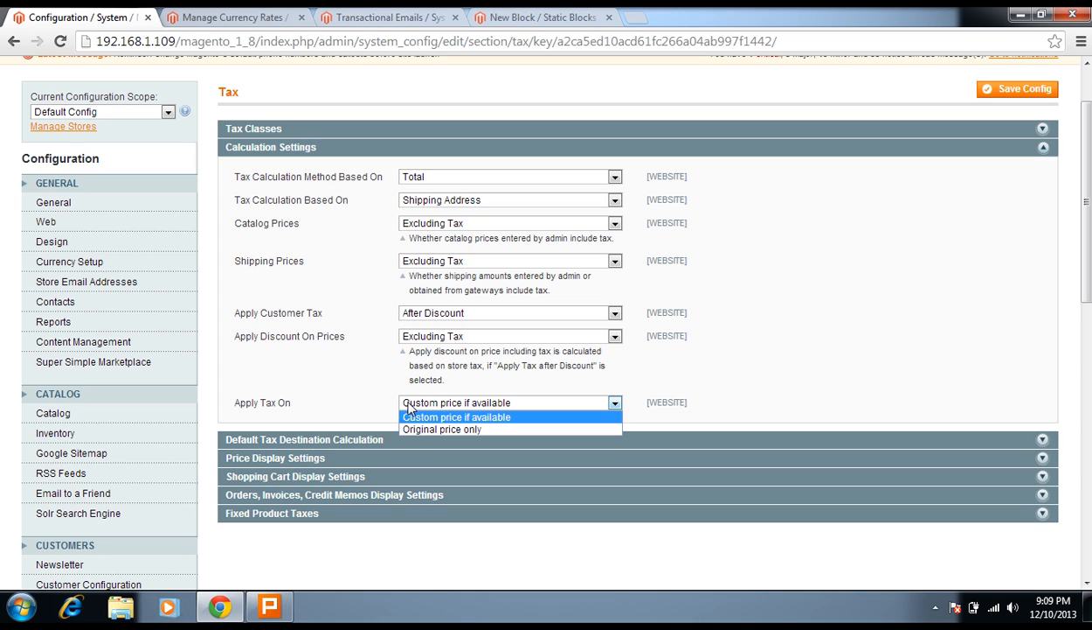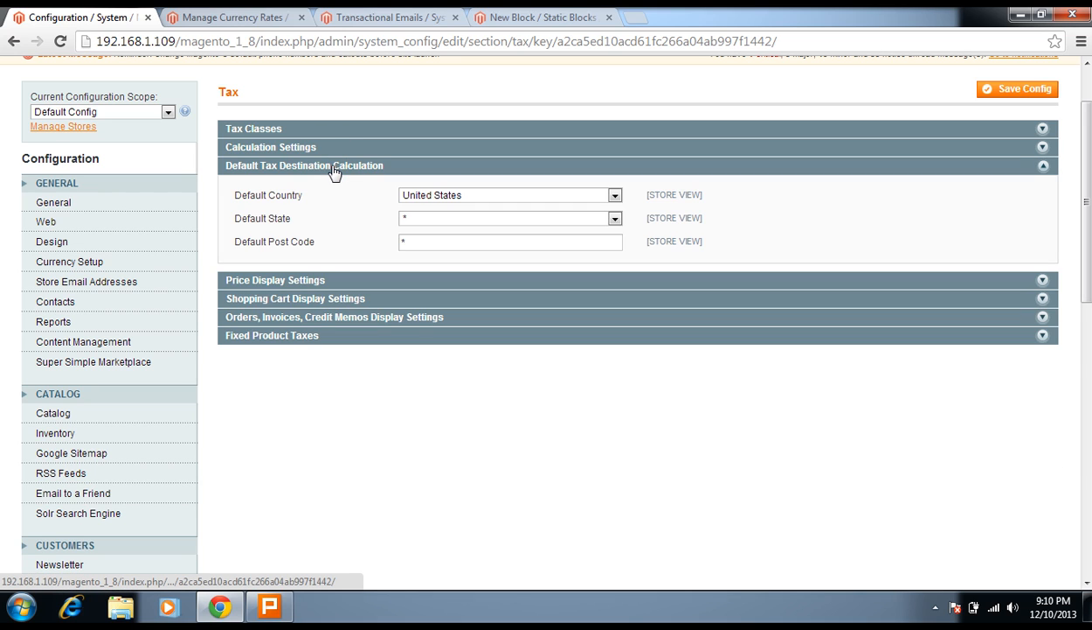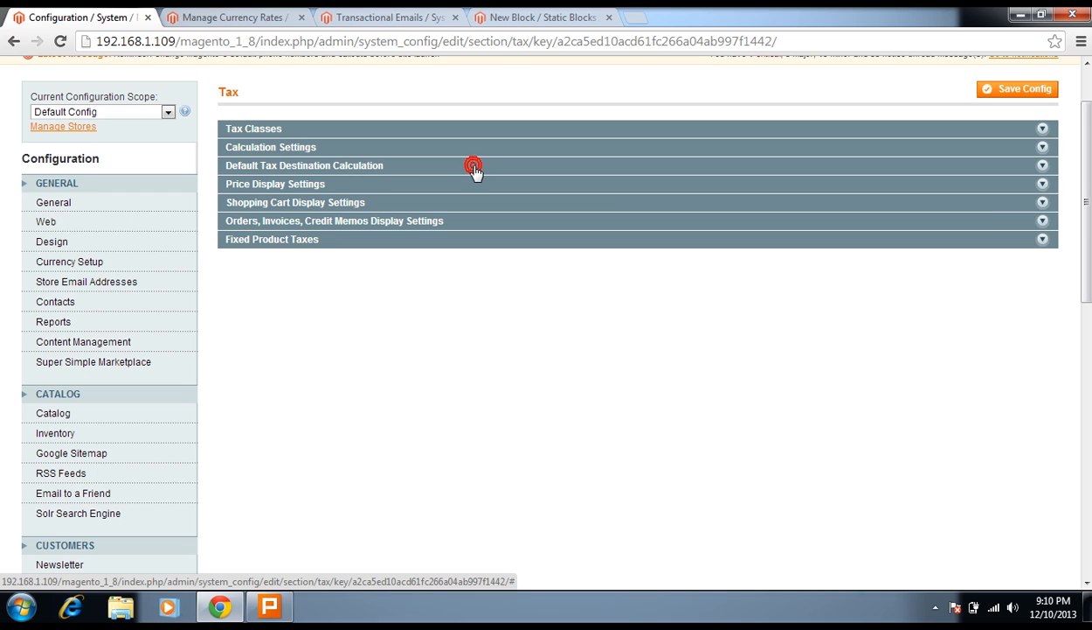Apply tax on custom prices if available or original price. Custom price means your group price or your bundle price or your tier price or any promotion price. So whether tax applies on these prices or the actual product price, that can be decided from here. Default tax destination calculation. This is United States for